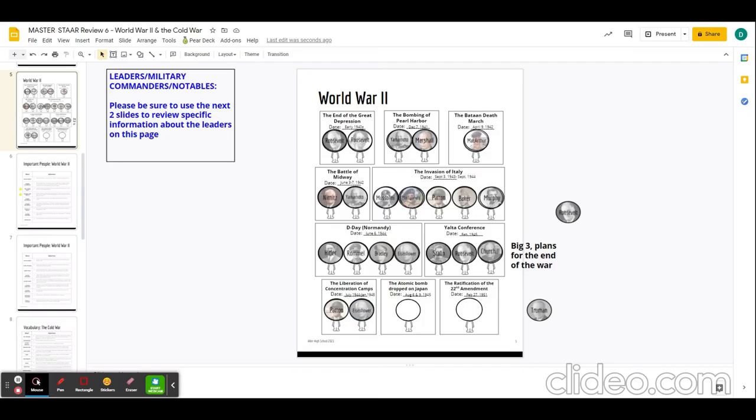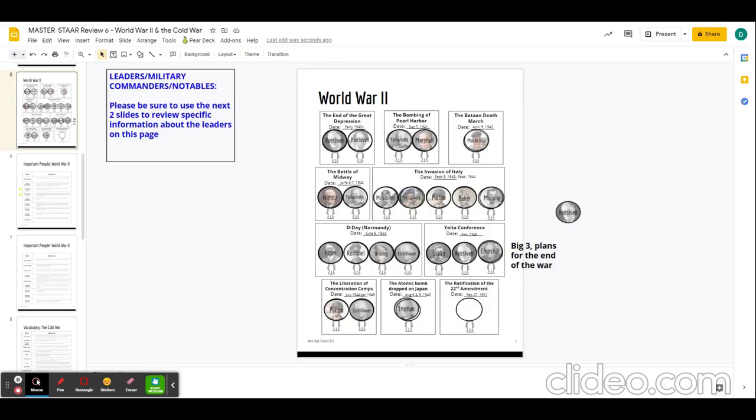All right, the dropping of the atomic bomb on Japan. Remember, we dropped 2 atomic bombs on Japan, August 6th and August 9th, Little Boy and Fat Man. Remember, this was the result of the top secret Manhattan Project. And the president who had to make that decision to use those bombs was Harry Truman. Remember, FDR had passed away. Truman was FDR's vice president, and so he becomes the one who has to take on that responsibility and make that call. It was a very hard decision, but ultimately it was seen as saving lives, because to have a land invasion of Japan would have cost millions of lives on both sides.